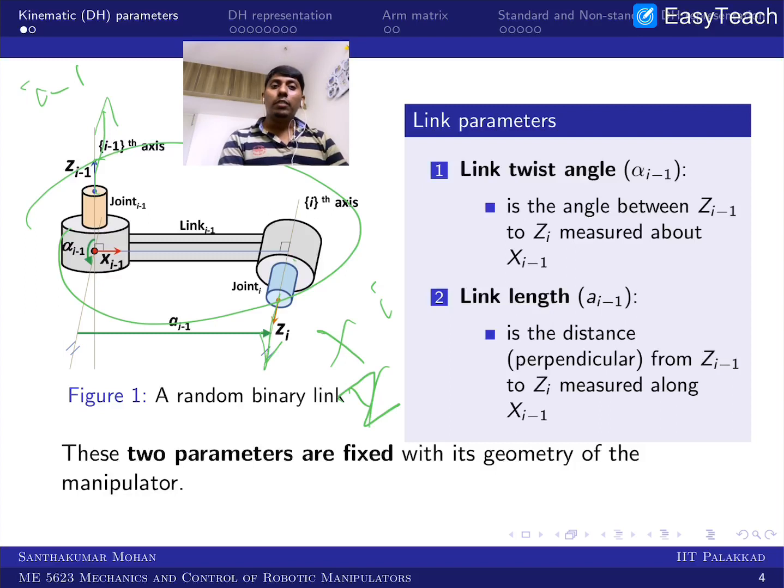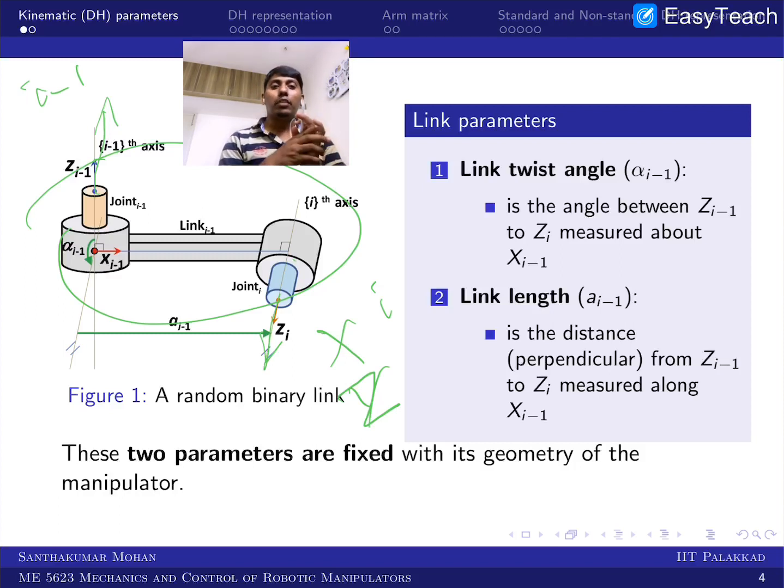Now if I draw a common normal between these two axes, that line of the common normal is related to what you call the rotation axis. For example, this is one joint and this is another joint. What would be the rotation axis? The perpendicular to these two axes. That's why we are drawing the common normal. Now we can assign the positive direction of this axis, which we call xi minus 1, in the sense that the distance is supposed to be described in terms of a positive quantity. That is one of the important aspects.